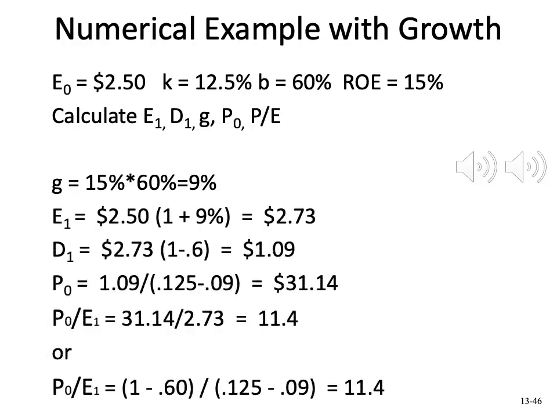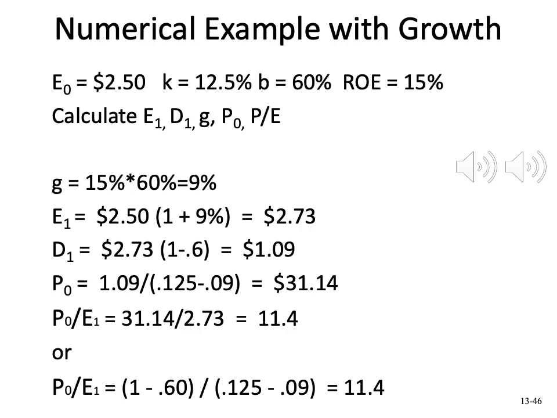Now with growth, again E0 is $2.50, K is 12.5%, plowback ratio 60%, return on equity 15%. Now let's calculate the next period earnings, dividends, growth rate, price as of today, and PE ratio. So the growth rate will be 15% return on equity times 60% plowback ratio, 9%. Once we calculate the growth rate, we can calculate the next period earnings, which is current earnings $2.50 times 1 plus 9%,